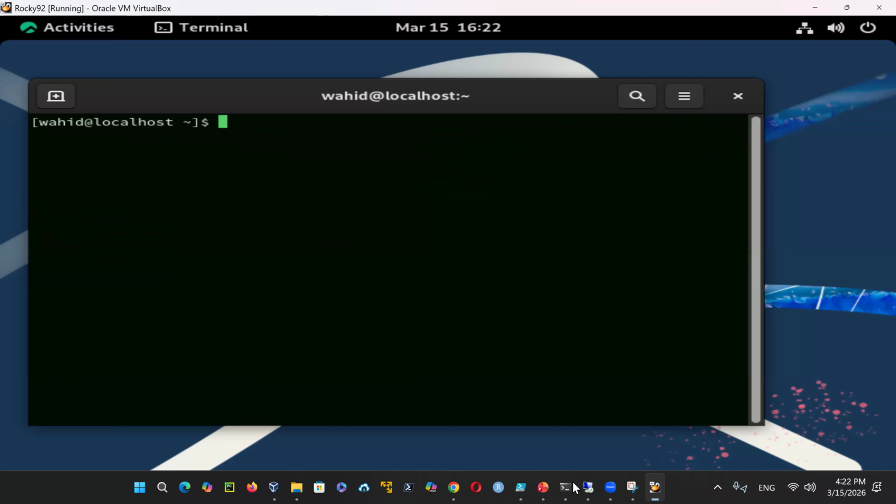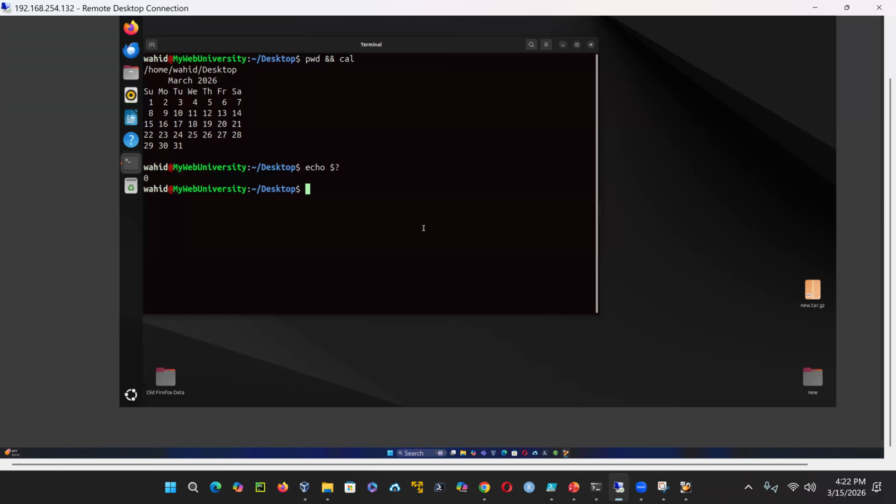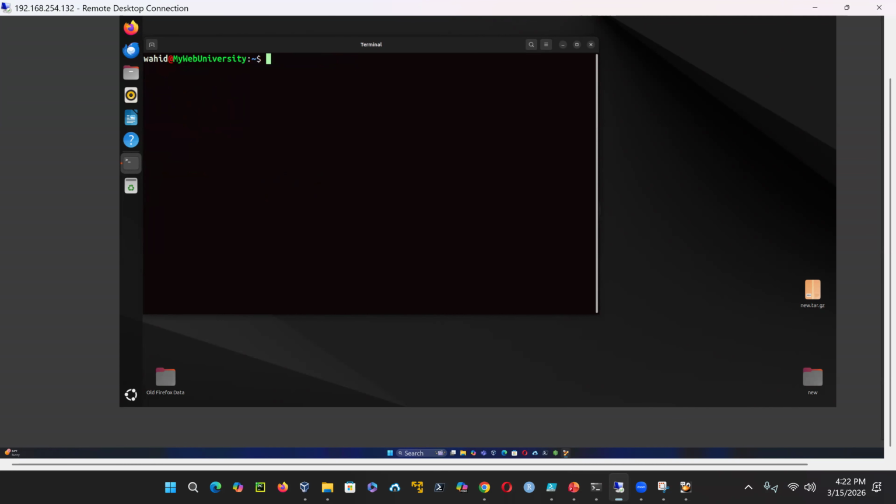So if I go back here on Ubuntu, and then right here, let me get to the current directory and say ls -lr /usr/share/man/*, and then I just say